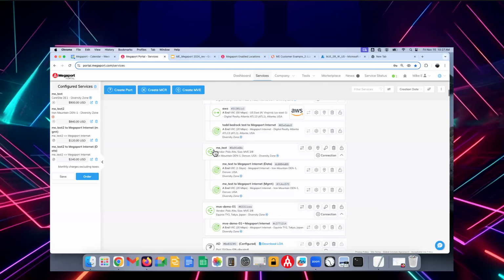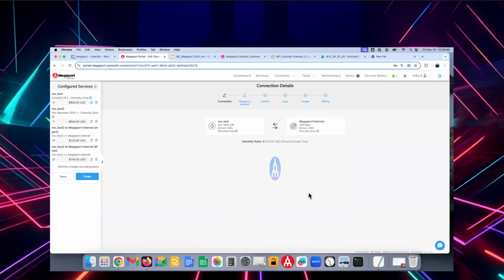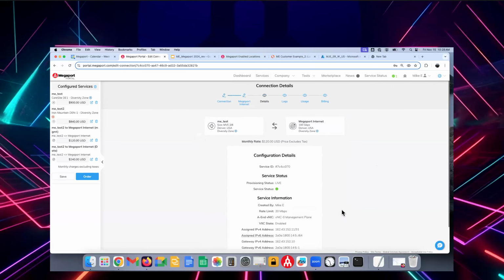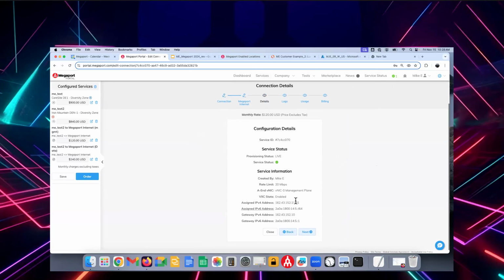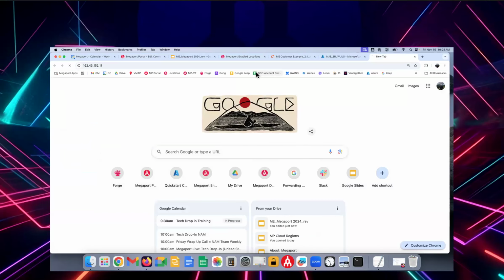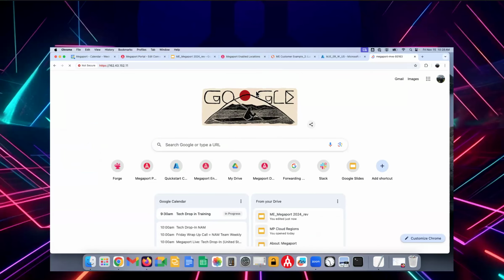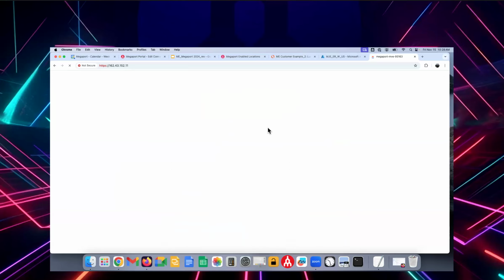So in this case, I've got this one created, and I want you to see how ultimately we're going to connect to this. It has been provisioned, and you're going to see I'm on the management interface, and I'm going to go to details here. And then this is the IP that will allow me to get into it to get to PAN. So then what I want to do is come up here and enter that IP address in. And then what happens is it takes me to Palo Alto,